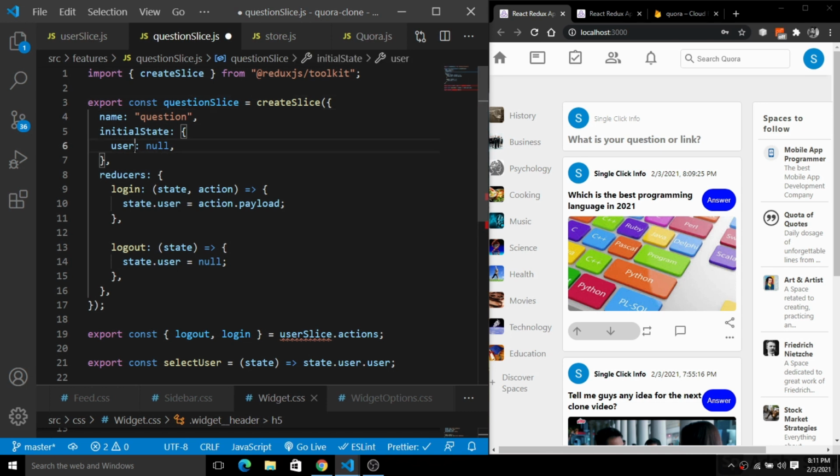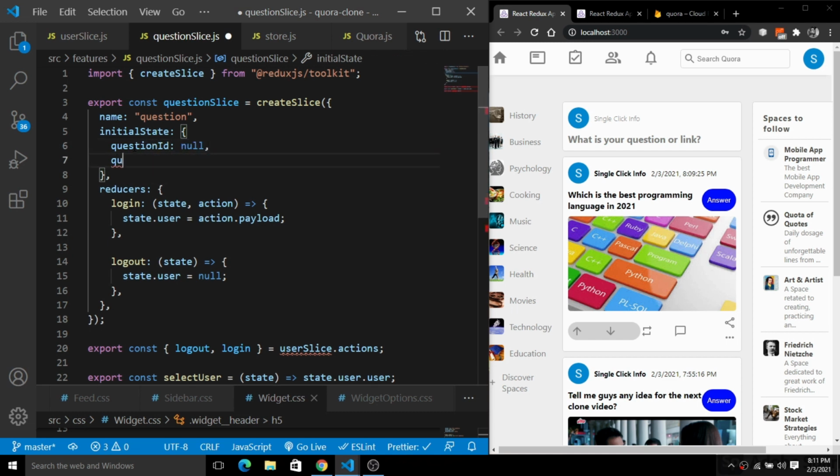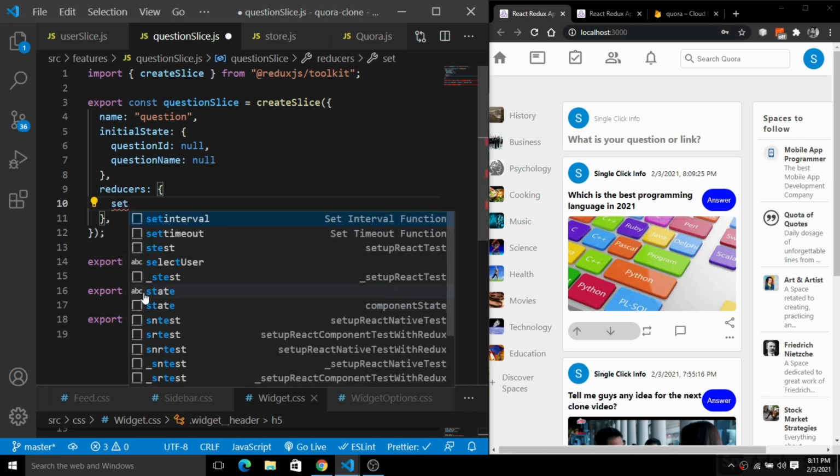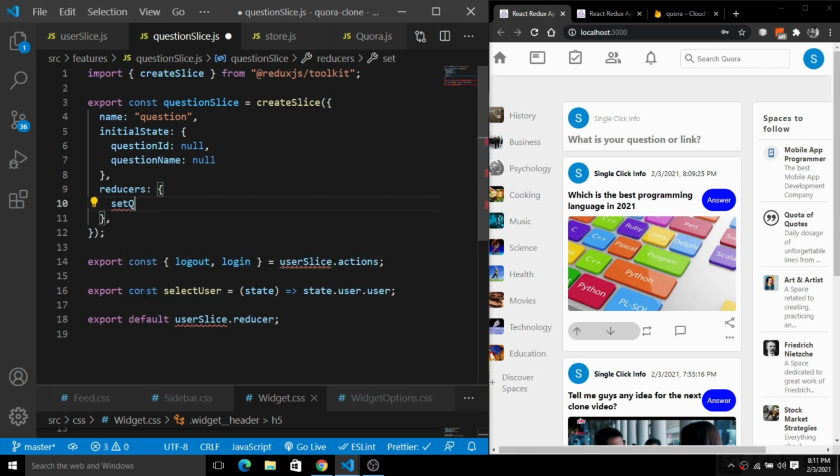And here instead of this user, we will have a question ID. So we will have this question ID, and initially it will be null. We will have a question name, the exact question name. So it will also be null here initially. So inside of this reducers, I'm going to simply create a reducer with setQuestionInfo.